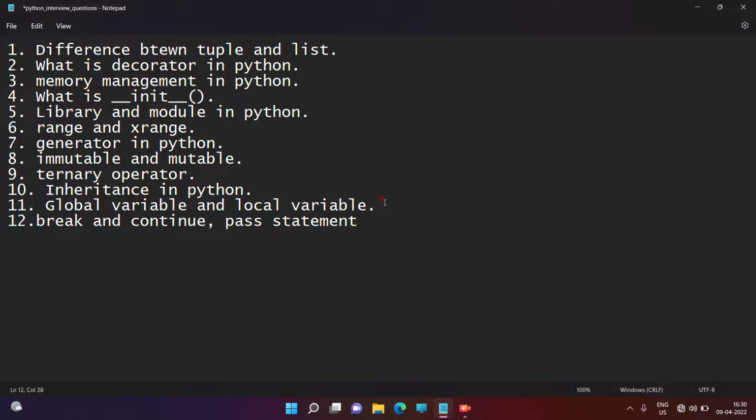So firstly I will tell you the use of the break statement. In loops, you have seen there are two types of loops. The first one is the for loop, and the other is the while loop, right? What is the use of a for loop? A for loop is used for iterating and traversing an object. By using a for loop we can iterate and traverse a particular object, fetching all items one by one.